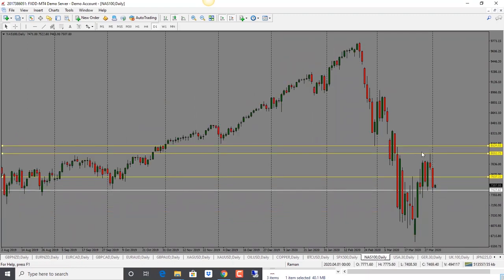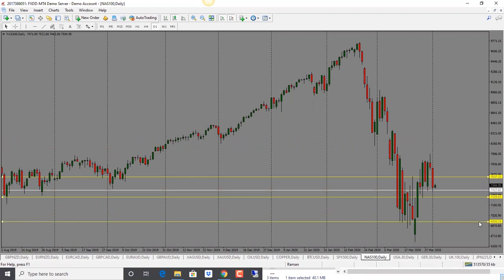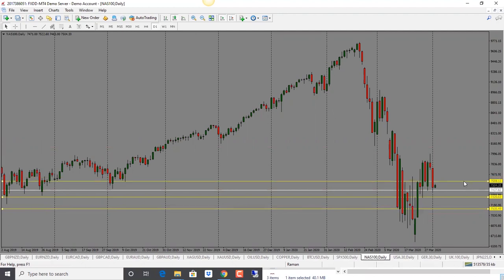Nasdaq, same thing. We had a nice pin bar here. We were looking for a drop. It's right into our second target, actually. So bias is still bearish. And in terms of our targets, now we could see a pullback into 7630 level. So that's something to watch out for, or a shallower pullback into 7570 level, and then a drop. So something like this, or potentially higher into this 76, 75 level. So that's what we have to watch out for.